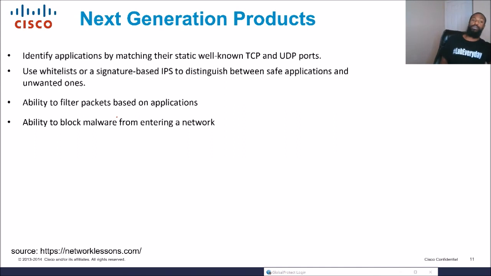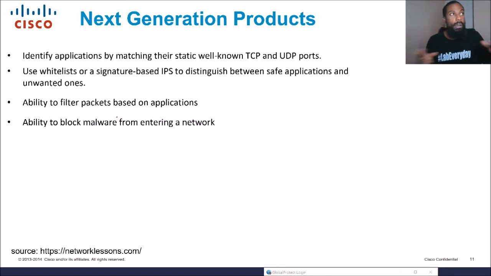So, what are the next generation products? The book said, yes, the official cert guide, shout out to them, it said it's not a marketing term. It gets deeper than that. Okay, whoop-de-doo, it is a marketing term. Cisco is not the only one that has next generation products. Juniper and Palo Alto have next generation products. They're firewalls and IPS and IDSs, but they do more than what the traditional IDS and firewall does,